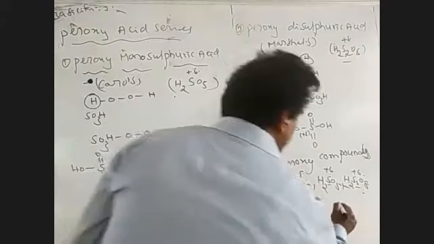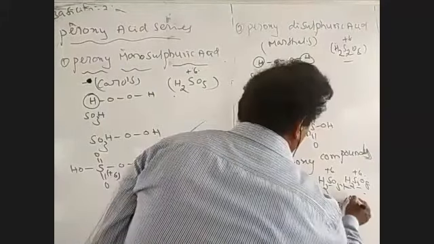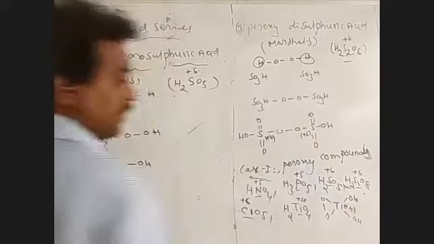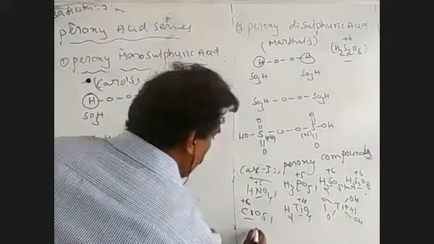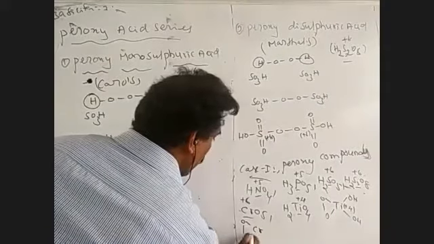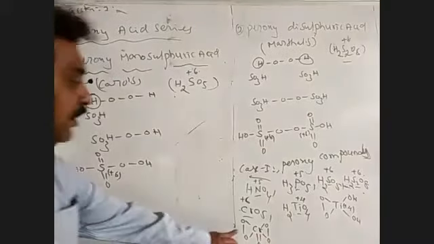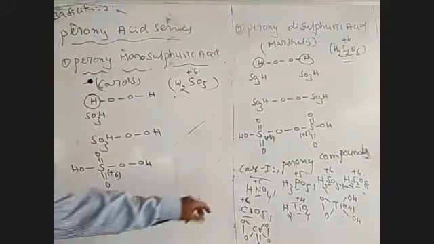In paratitanic acid, there is a peroxy bond. This is the one peroxy bond, with OH and OH. Here, the oxidation state of titanium is +4. In CrO5, two peroxy bonds exist, and it has a butterfly-like structure with double bonds. Here, four oxygen atoms are involved in peroxy bonds in CrO5.